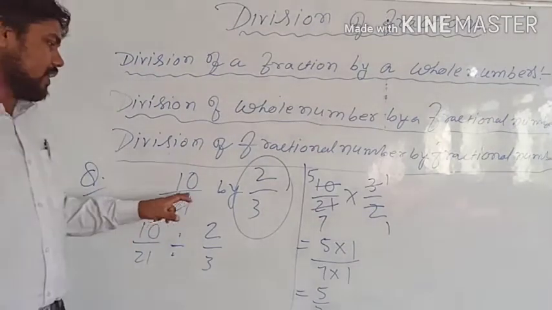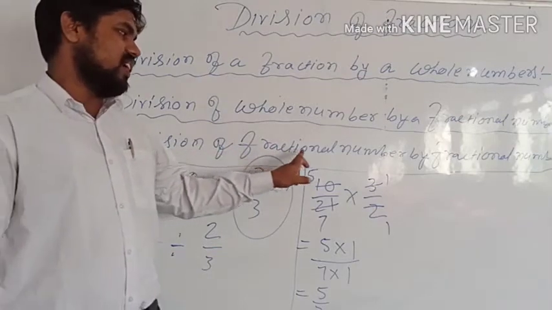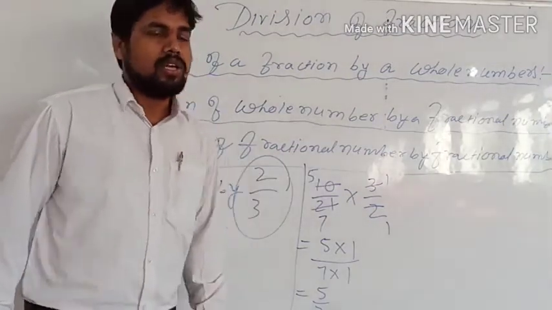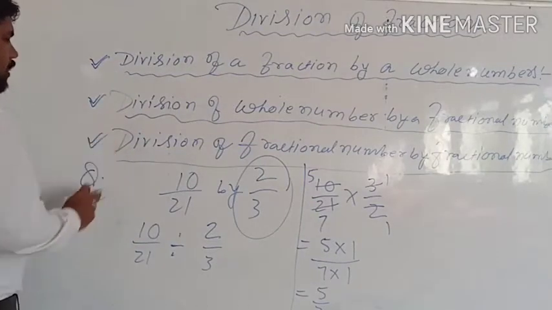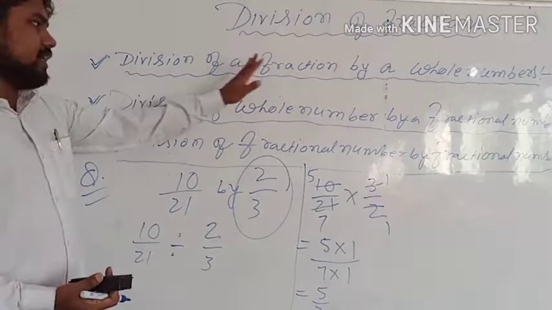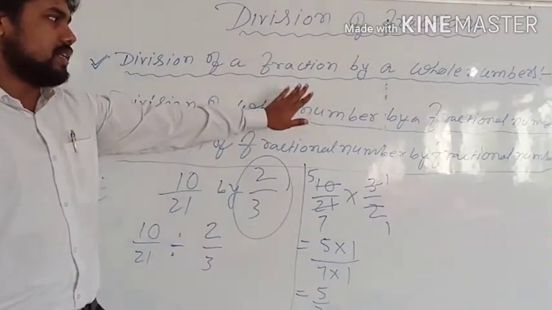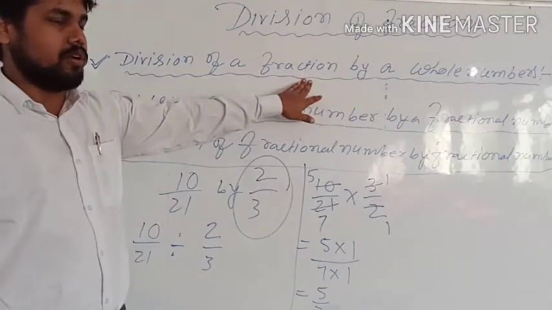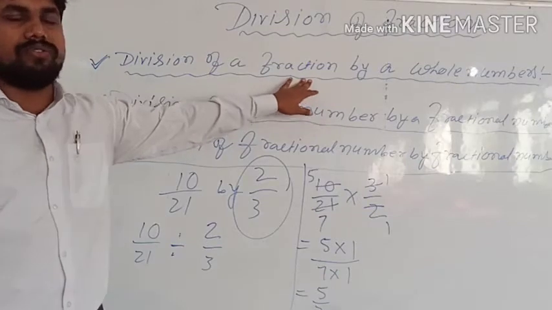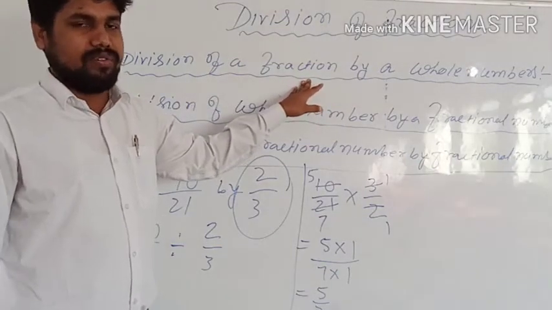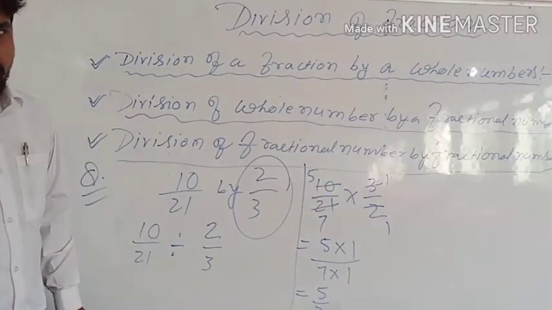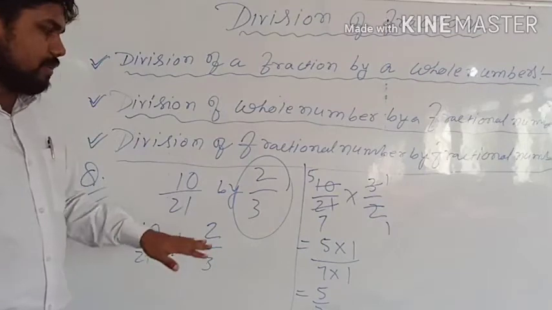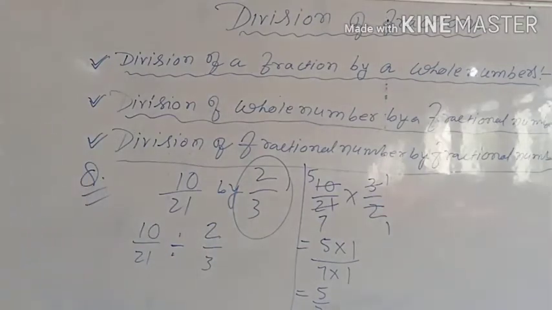So this is the case of when you want to divide fractional number by fractional number. So these are the three basic cases of dividing. So all the three cases are nearly the same. Okay, in this case also we have to change first into the reciprocal of that number, and then we have to reduce if you can into the lowest term, and then whatever the answer will come, that will be the answer in this case also and in this case also. Okay, so I hope you can understand these three basic concepts behind the division of fractional numbers.